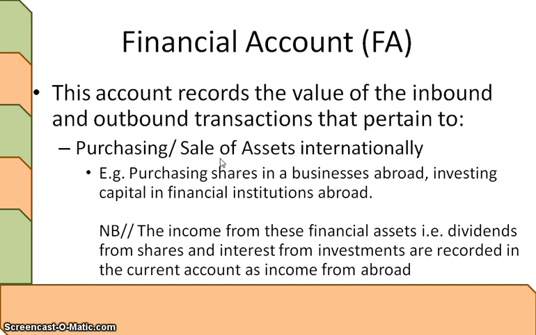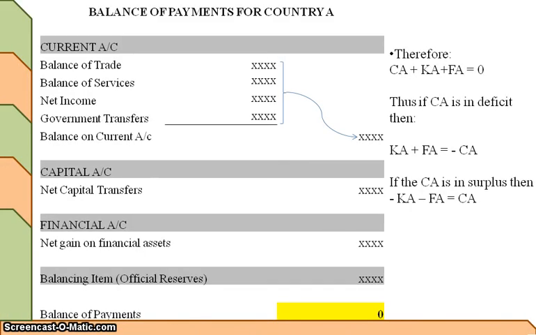We have the current account, we have the capital account, and we have the financial account. And we also have, with the current account, the different sub-accounts included there: your balance of trade, your balance of services, the income, and your current transfers. So we can pull all of that together. And what we have here is how the format of your balance of payments for a country could look like. So you have your current account, your capital account, the financial account,